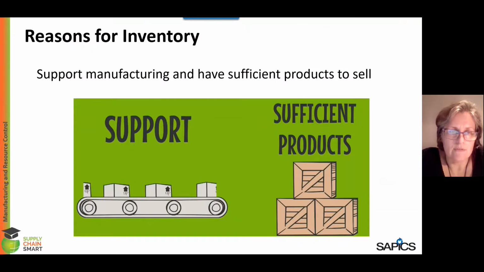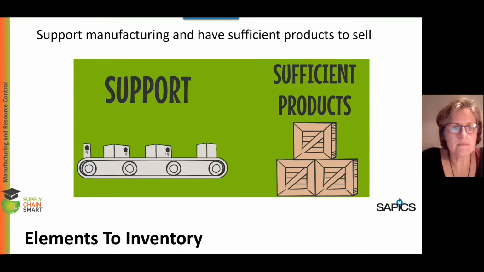The reasons we have inventory are also important. We need to have inventory to support sales. And in many instances, what I've seen in clients is that they keep too much inventory and they're not selling it at all. But it becomes a safety net, because there's safety in knowing that the warehouse is full. There's safety in knowing that we have product to sell. The challenge as a supply chain practitioner is balancing the requirement for as little inventory as possible, which keeps the accountants happy, and as much inventory as possible, which keeps marketing happy. We have to have a balance between the two, and that has to be linked to the demand forecast and the demand